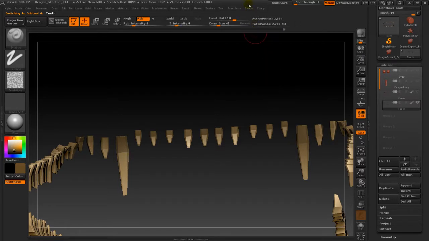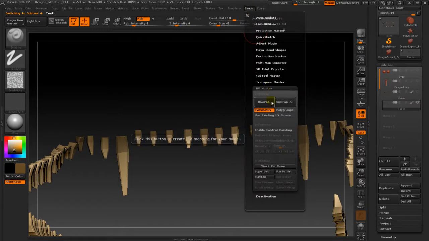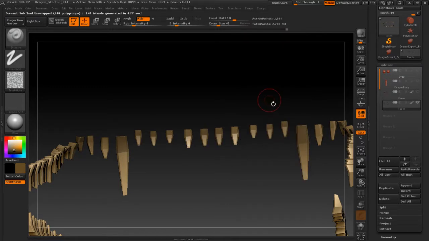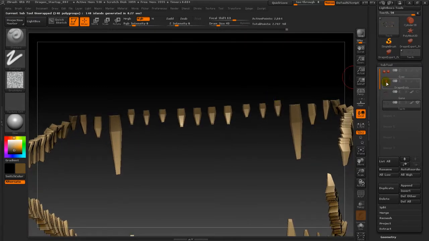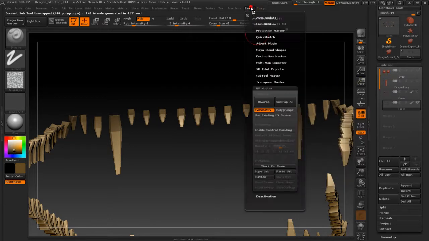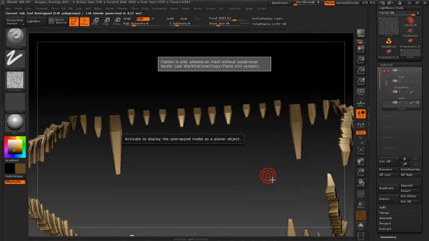Oops, sorry, not unwrap all. Just unwrap. There we go. I don't want to unwrap my dragon or my other stuff because I already laid those out. So now if I go to Z plugin and I say flatten,